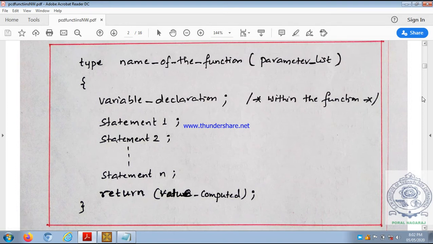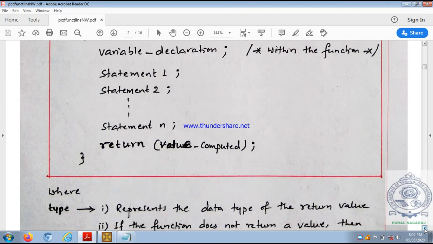So that is the first element of user defined functions. Every function must return a value. It must have a name of the function and it must have a parameter list. Then the declaration part, execution part, and the last statement should always, if present, be the return statement, and the return statement should always be the last statement in the program. That is very important. That is about function definition.